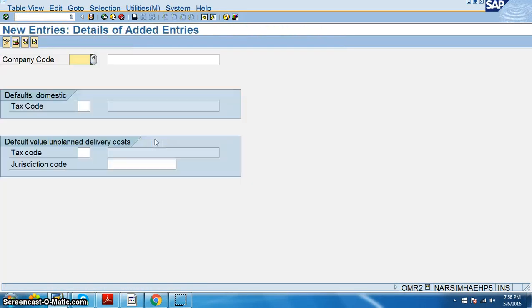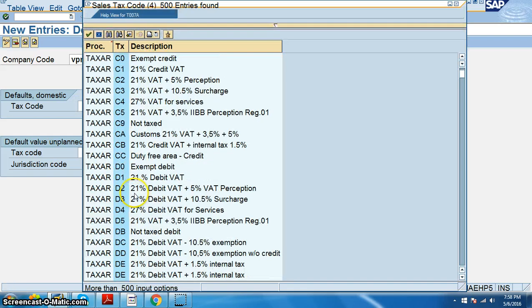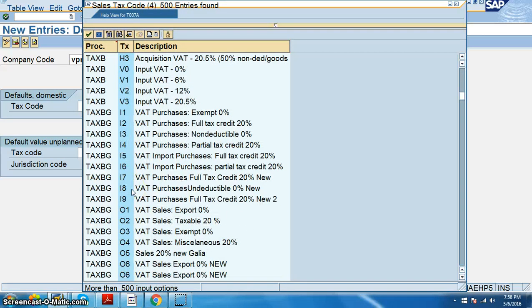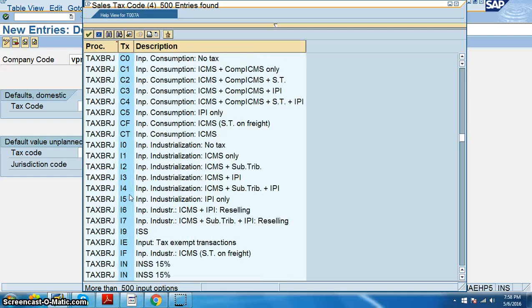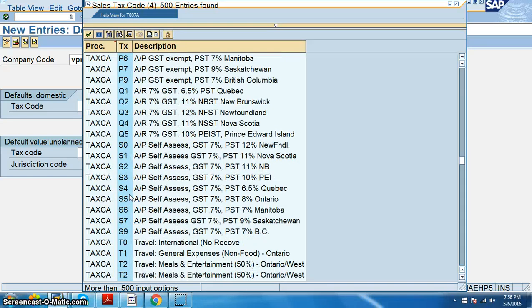New entries, VPRO, tax code. We can give some tax code which is already existing. The tax code which we want to go for is, we have created our own tax code like tax VP or something like that. We can give that, or we can give the standard one as well.